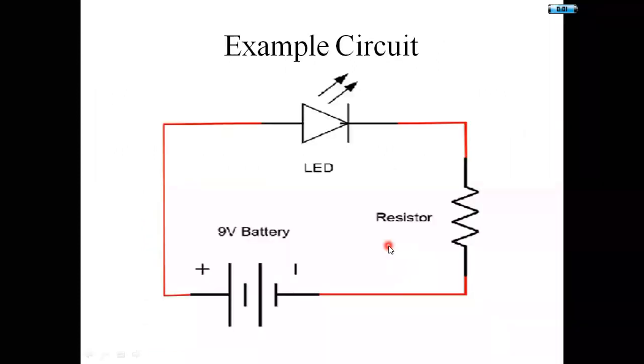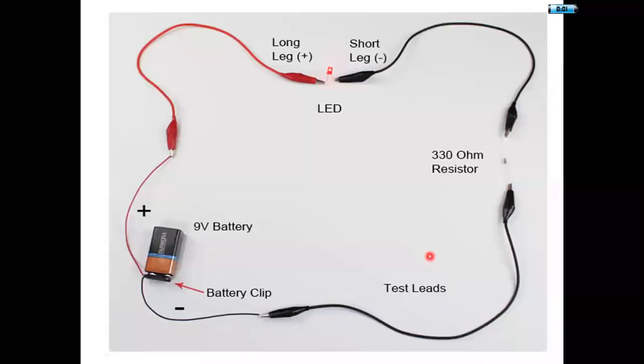This is a small simple circuit which is connected with an LED, a battery supply and a resistor. This is the normal circuit diagram. This circuit diagram can be connected in this way. This is the LED, a battery, and some testing leads. Some alligator clips and testing leads are used. The LED glows here like this. This is just a simple experiment. Similarly, here we are floating all the components in the air.